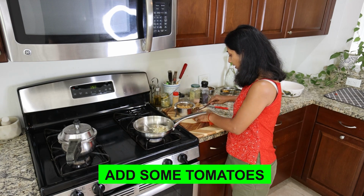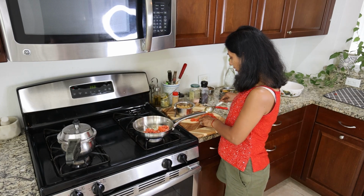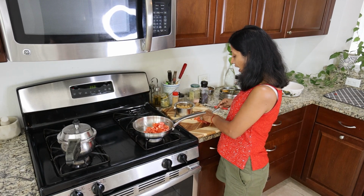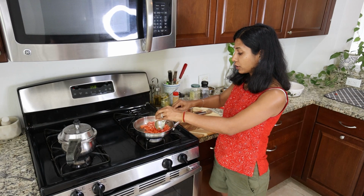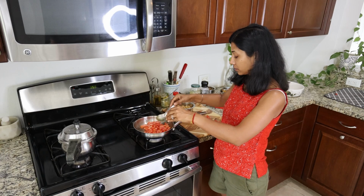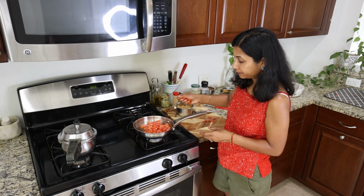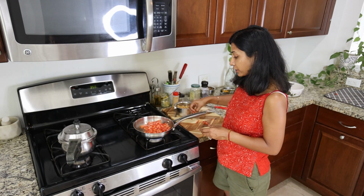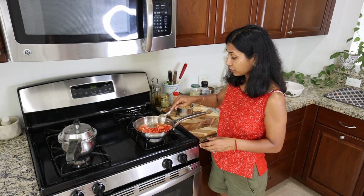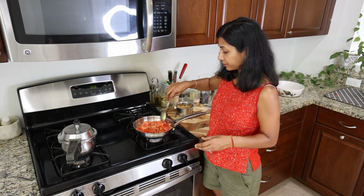Now from here I will add some tomatoes. I'm making a tomato gravy to this. If you don't have chopped tomatoes, you can always replace your chopped tomatoes with puree, tomato puree. That's also a good option. That's easier to cook and faster to cook. So either puree or...